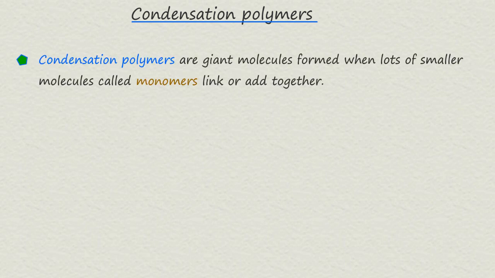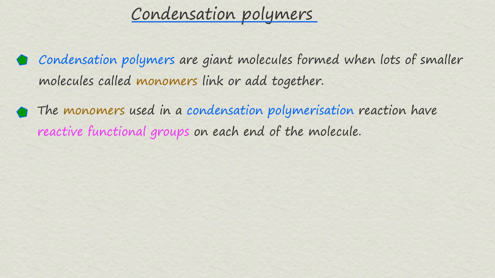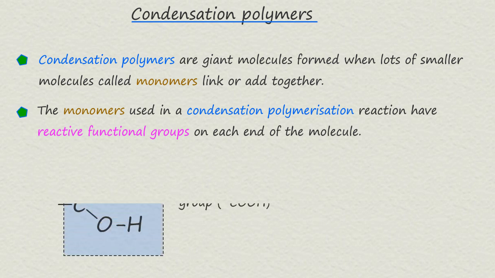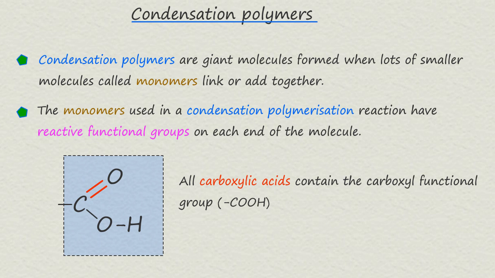Condensation polymers are just like any other polymer. That is, they are giant molecules that are formed when lots of small molecules called monomers link or add together. Now, the monomers which are used in condensation polymerization have reactive functional groups present on each end of the monomer molecule. For example, you may recall that carboxylic acid molecules all contain the carboxyl functional group,